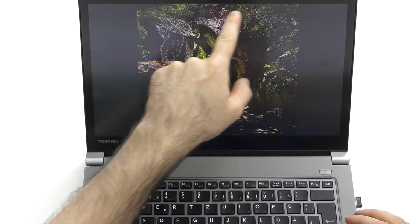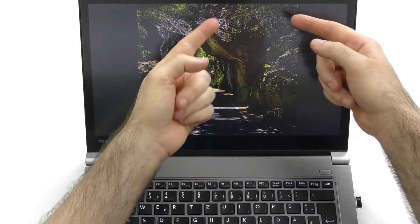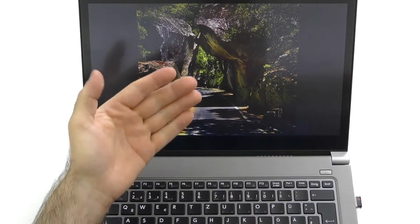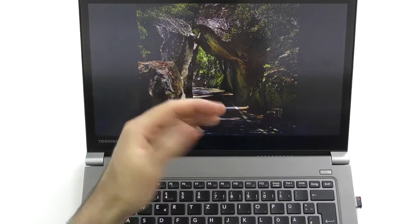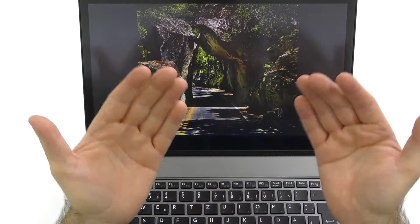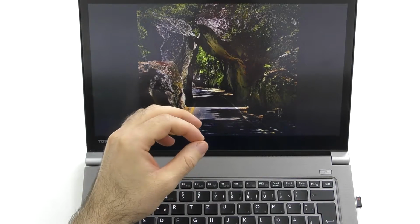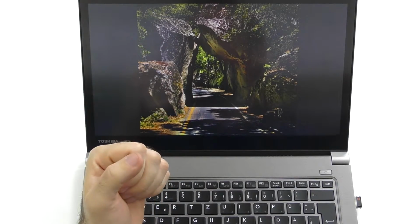The black is quite deep, but I don't know why exactly they did push up the gamma a little bit, because this picture in reality looks a little bit brighter than I usually know it, and the details are more visible, but therefore the picture looks a little bit flatter due to the contrast. I think they wanted to highlight the darker scenes a little bit more. This is also obvious in videos. If you watch movies and so on, you will notice that everything seems a little bit brightened up, but not